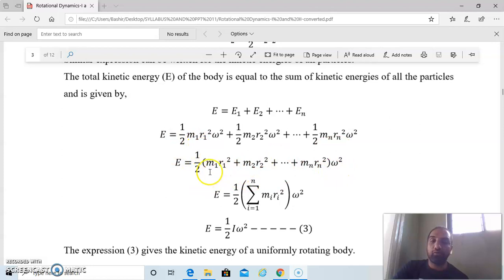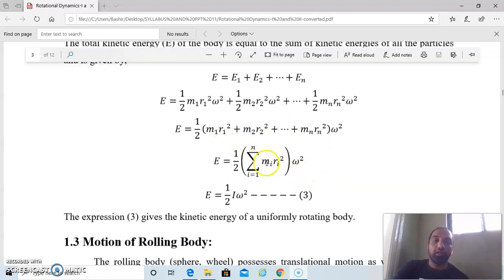So inside that bracket, only M1 R1 square plus M2 R2 square plus M3 R3 square up to Mn Rn square. So for that we can write here summation of i equals 1 to n, mi ri square. So that quantity is nothing but the I. So the final equation becomes E = 1/2 I omega square. So this is the expression for the kinetic energy of a uniformly rotating body about the axis of rotation passing through